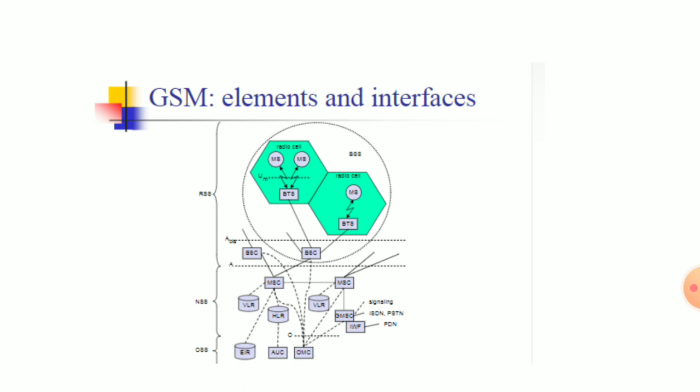First of all, I am explaining about the picture of the RSS. In that picture, the elements are BTS, MS, and the radio cell. The radio cell covers the mobile location, the area covered by the user's radio frequency. Another two terms are MS, mobile station, and BTS, base transceiver station.